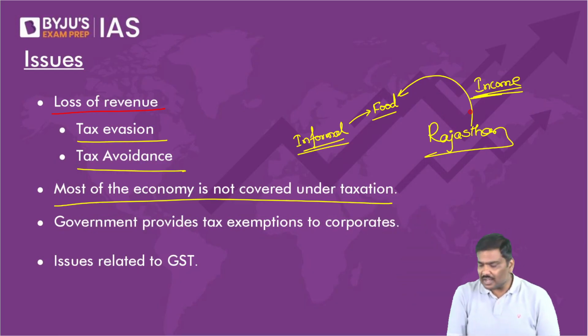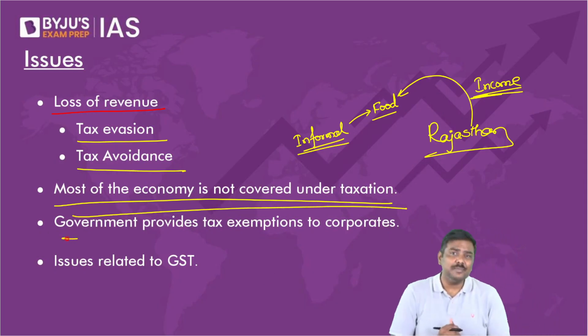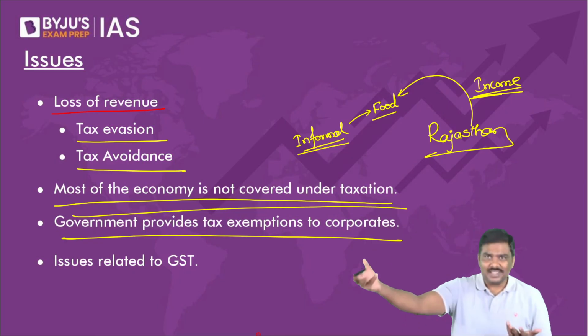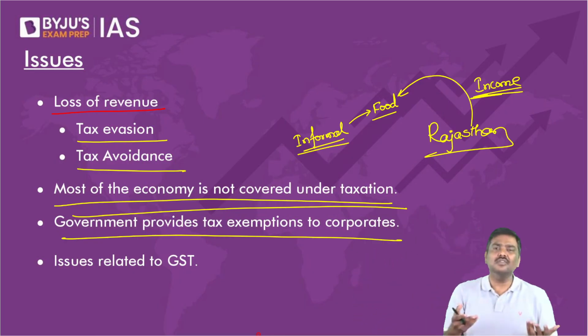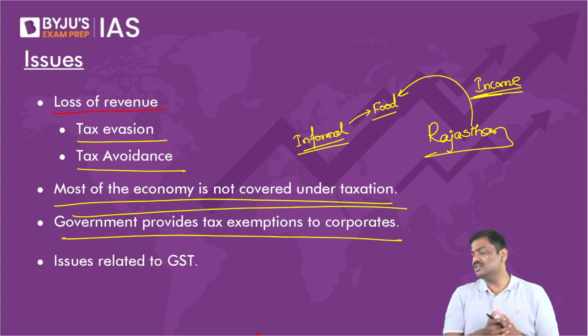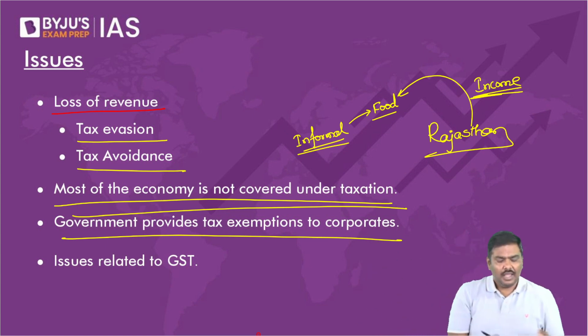So most of the economy is not covered under taxation. Government provides a tax exemption to a lot of these taxpayers. Corporates get tax exemptions. Individuals get tax exemptions. As a result of this, tax expenditure bill is higher. That will have an impact on tax revenue collected. And there are a lot of